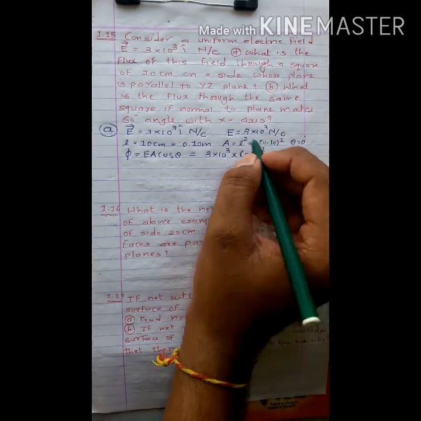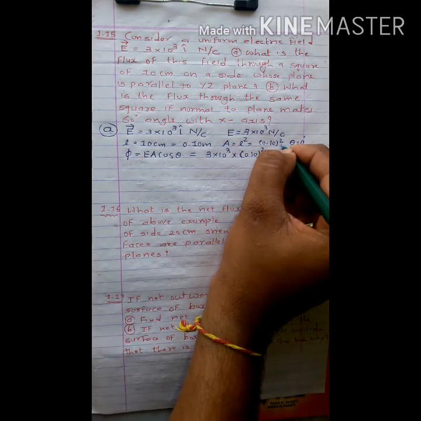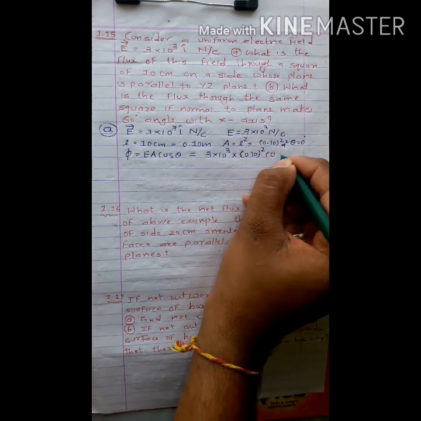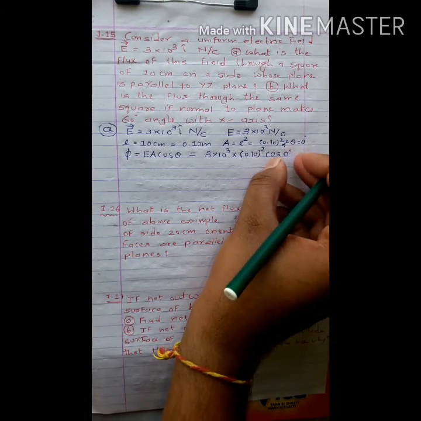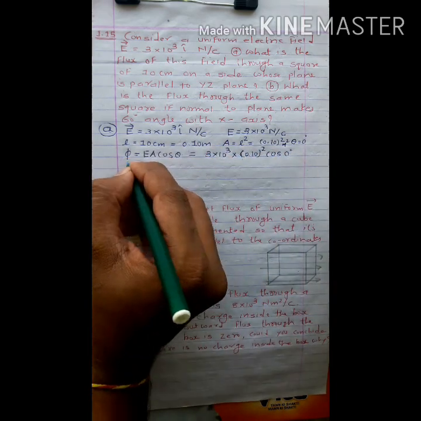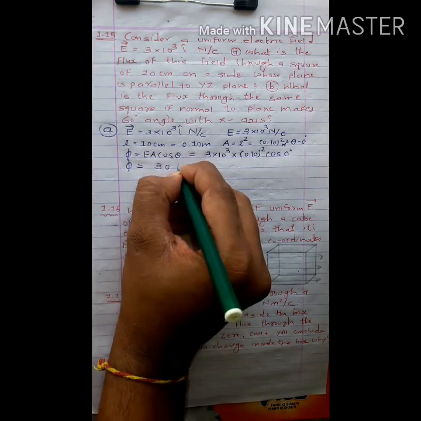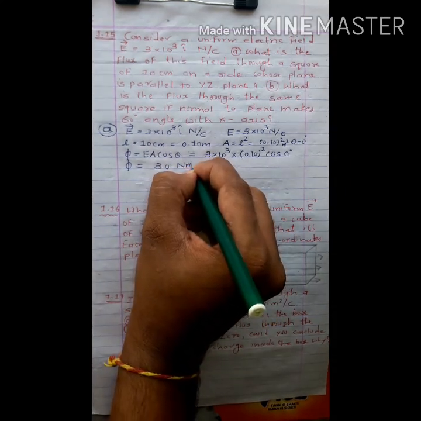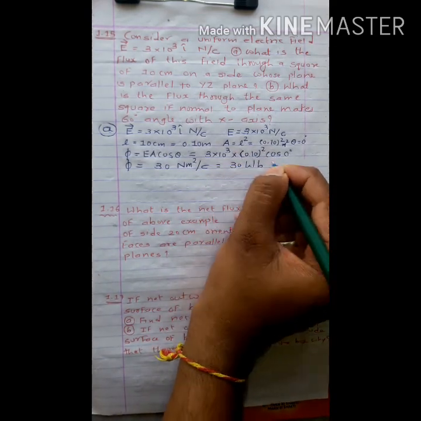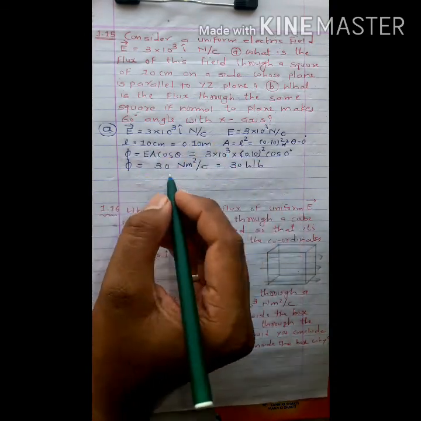Okay, here we use unit meter for length. Therefore the unit of area is 0.10 square meter. And cos theta means cos 0 degree. The value of cos 0 degree is equal to 1. Try to solve the remaining terms. So the electric flux linked with the surface is 30 Newton meter square per coulomb, or 30 Weber. Clear? So this is your solution of first question A.